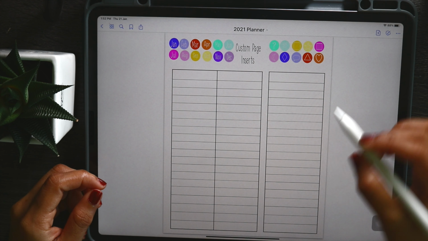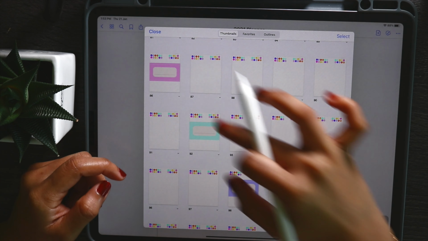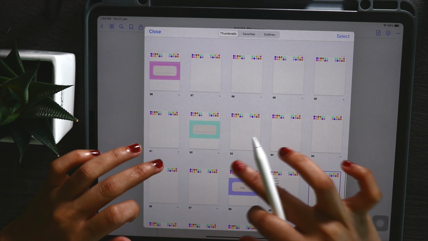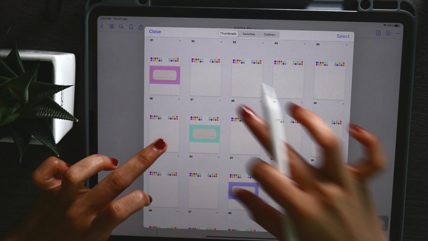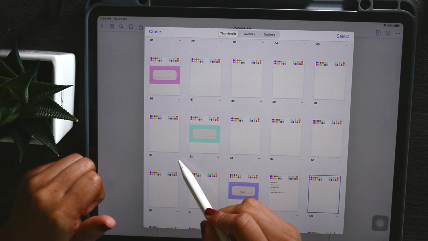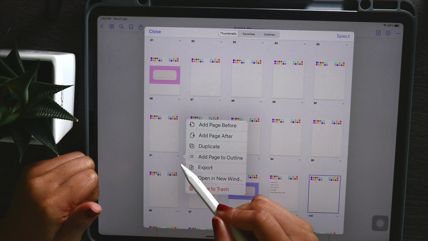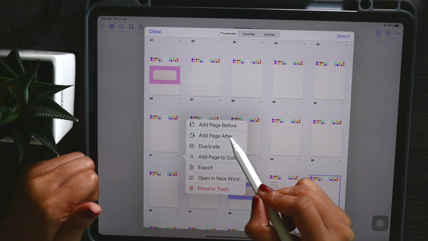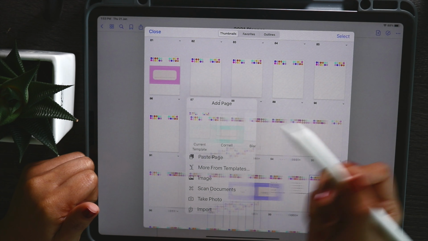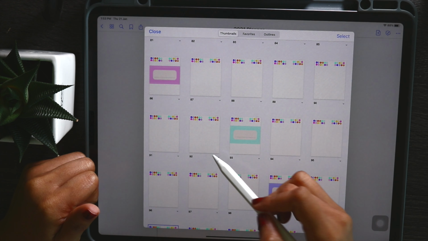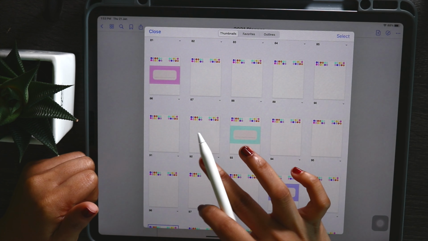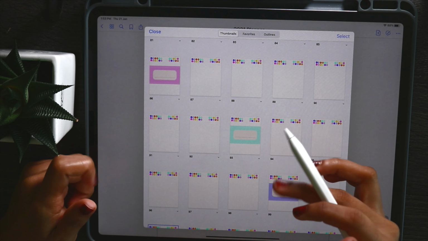Let's say for example you used all of the pages that are available in that section, and now you want to add some more blank pages. So you can just go to the page tab, the three dots, and tap copy page. Then I can go over to the thumbnails menu and find that spot in my planner. So you will see here I have got my pink section, and then 5 pages after it. So on that very last page I'm going to tap this little downward arrow and add page after.